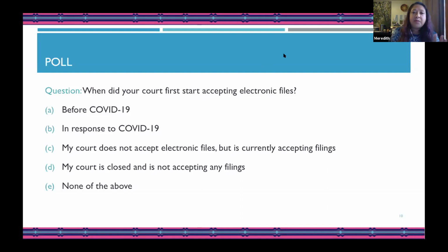There it is. Okay, so there's a poll that you can actually select. You don't have to put A, B, C, or D in the chat section. Just pick your favorite from the poll that's just been posted. And so we'll give everybody a chance to answer this poll. The more of you who answer, the more it will be appreciated. And I can't see who's actually responding and who's not, so I won't have to call any of you out